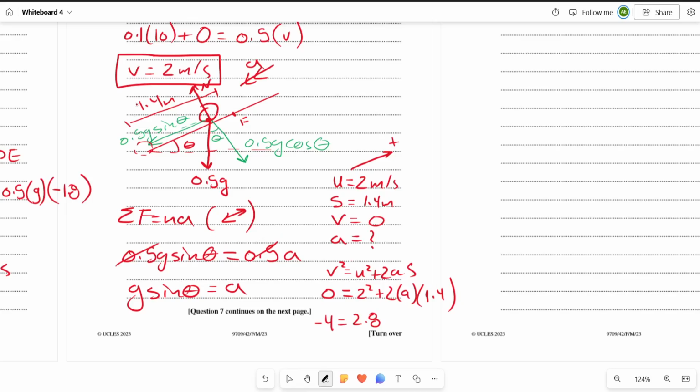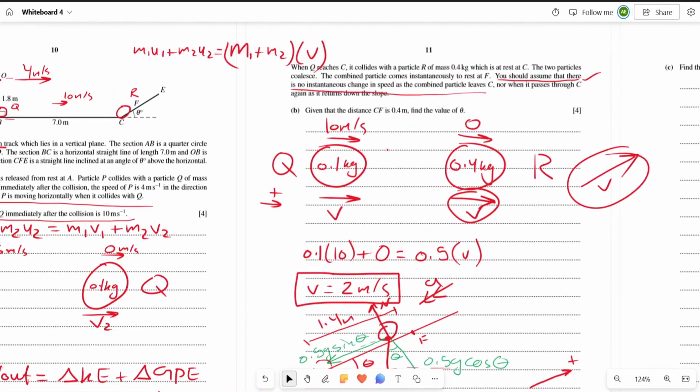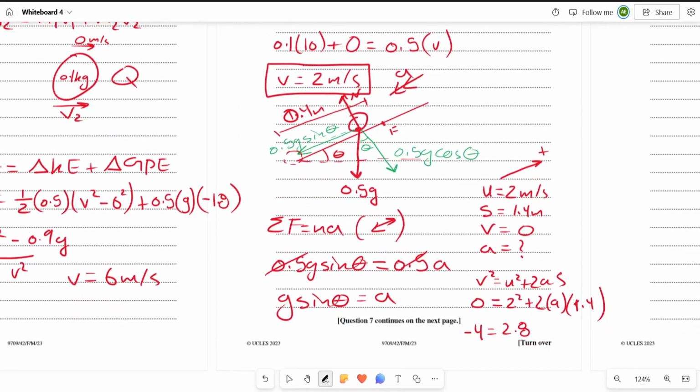Oh, this distance is not 1.4, it's 0.4. Where is it? Yeah, it's 0.4. So this over here is 0.4. Okay, so basically moving this 2 to the other side is going to give us negative 4 equals 2 times 0.4, which is 0.8 times acceleration. Divide by 0.8. Acceleration is going to equal negative 4 divided by 0.8, which is negative 5 meters per second squared, and